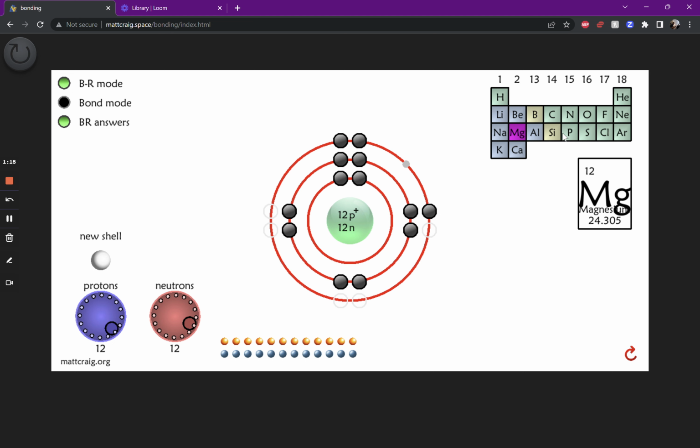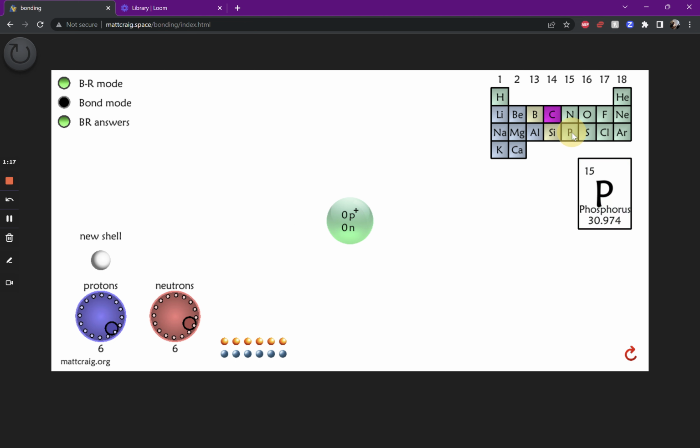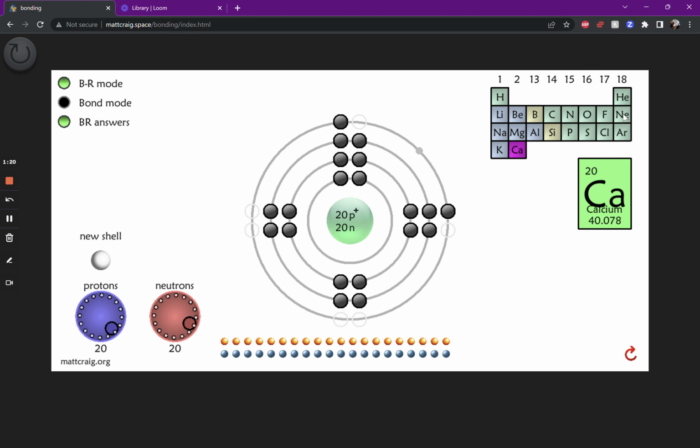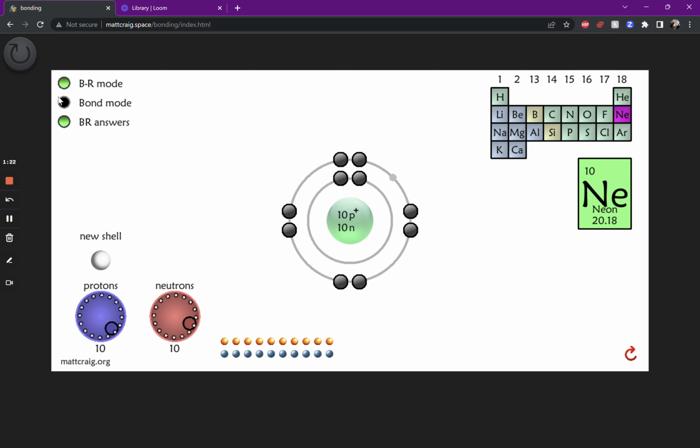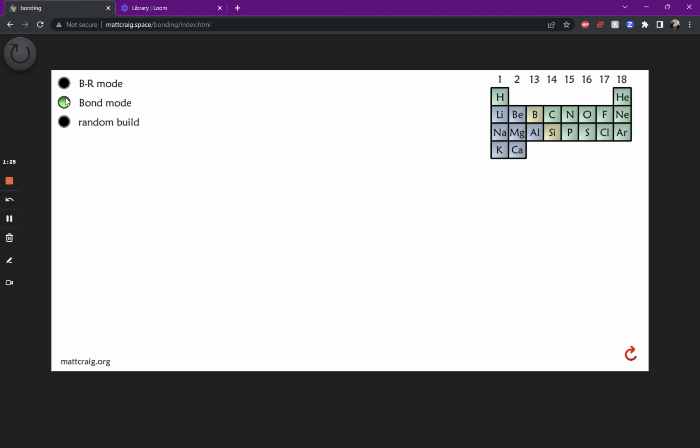Bohr-Rutherford answers is just a mode where you click on it and it gives you the final answer immediately, so you don't have to make it. Okay? Bond mode is entirely different. This lets you make